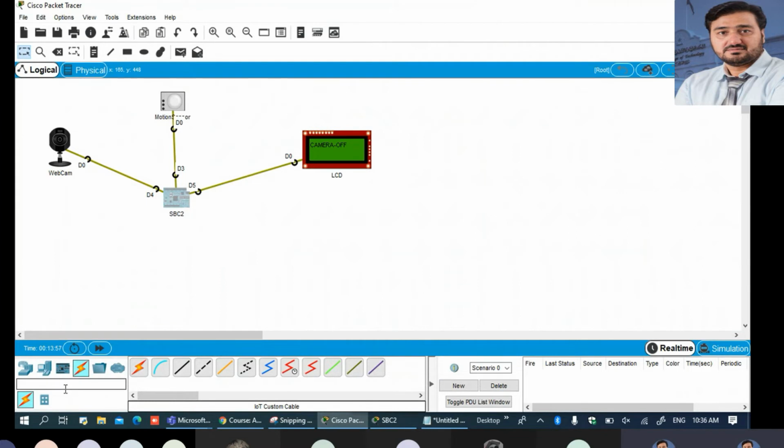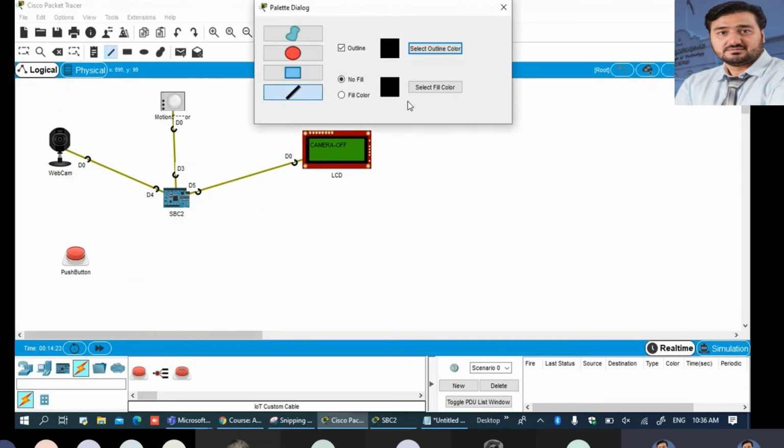Okay, so here push button. Okay, so this is a push button. Add the push button. If the button is pressed, push button. Okay, so this is our push button, and if the button is pushed, so LCD, 1 minute.